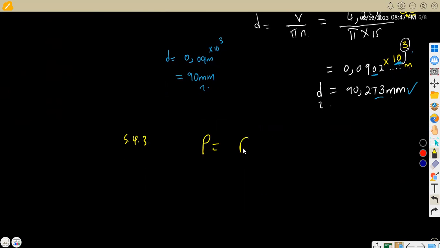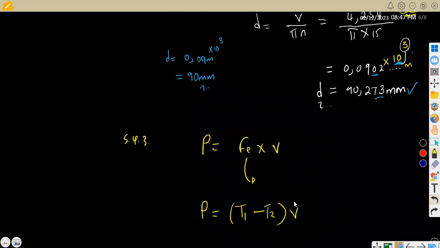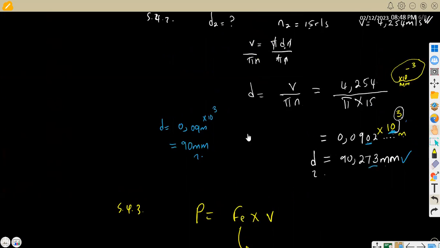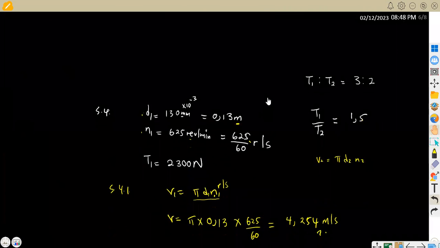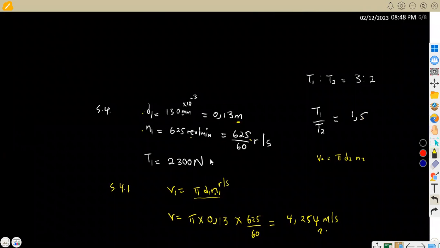Power is equivalent to the effective force times the velocity, where the effective force is the difference between T1 and T2. So power is equal to (T1 minus T2) times the velocity, which is in meters per second. Previously we were given T1. From the information that we listed before, we have our T1, which is 2,300, but we do